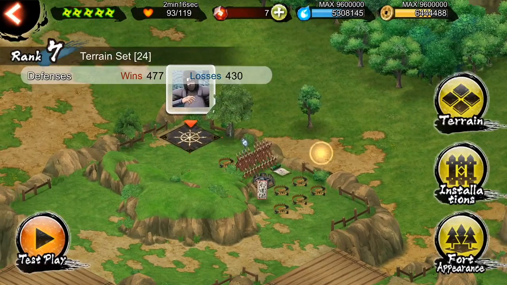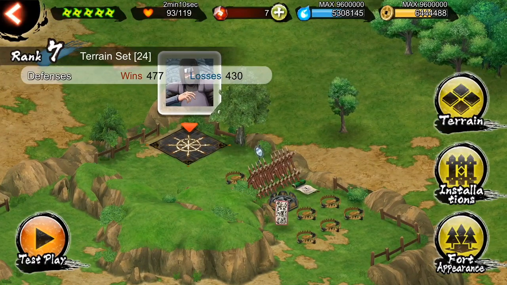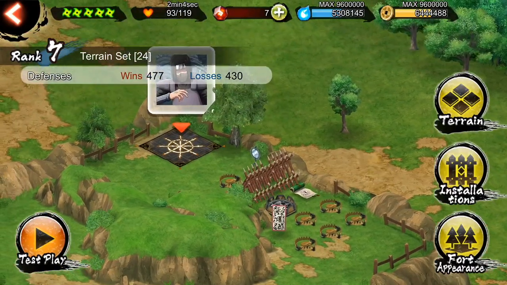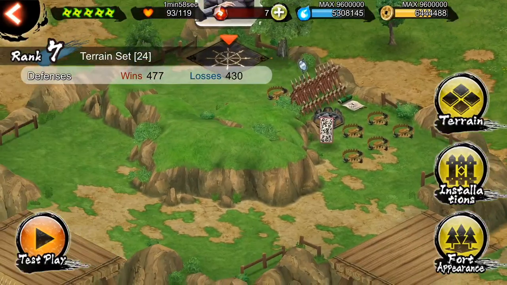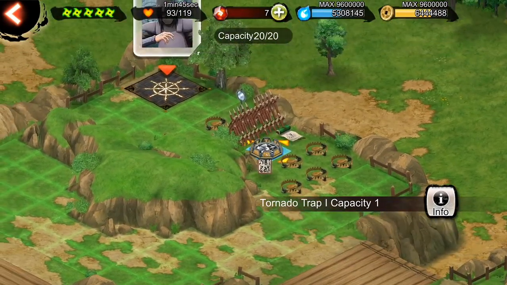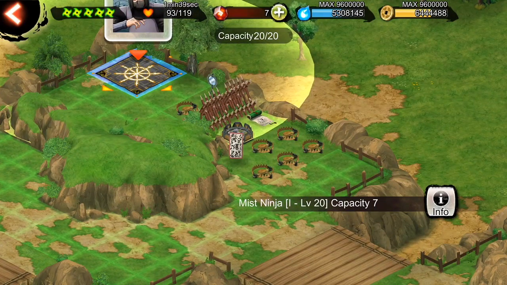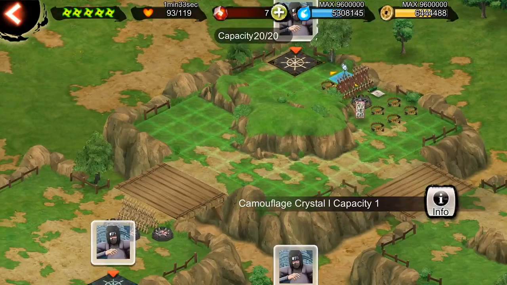So yeah, again in these kinds of parts of the fortress, I will assume that the best options will be the stone ninjas, as they do a lot of damage from behind walls. Or like I did here, I tried to give the mist ninjas a way to actually run away from this corner to different parts of the map by adding tornado traps here to get the enemies thrown away in different parts of the fortress, which allows the mist ninjas to get away from this part. And of course there's the camouflage crystal to hide them as they run away,